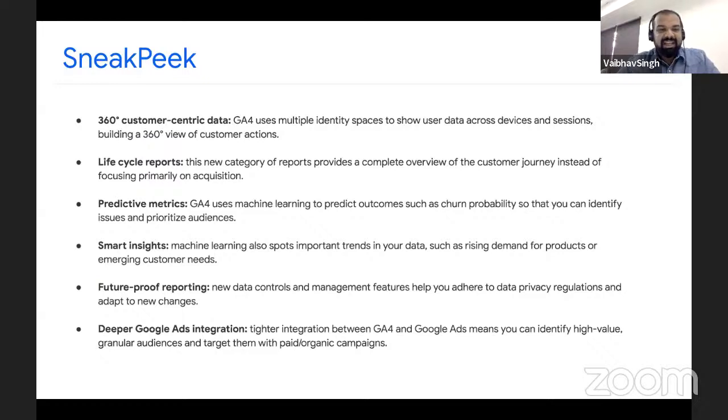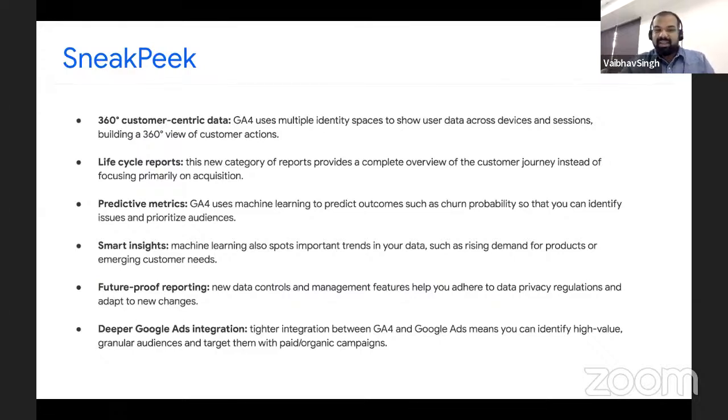A new thing which is added is lifecycle reports. Earlier you were not sure what the lifecycle of the user coming to your website is, or what the primary source of acquisition is. For example, if a user is coming from a social media channel or from an organic channel, you were not able to identify clearly from what primary source the acquisition has happened. Now you would be able to track each and every user, no matter whether you have millions or billions of users, all inside the Google Analytics dashboard.